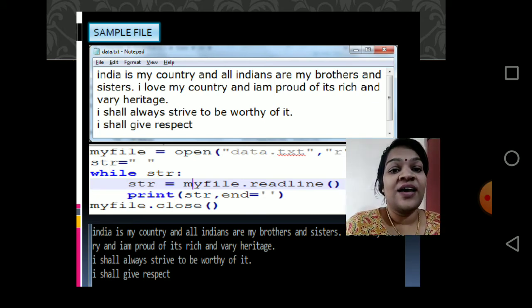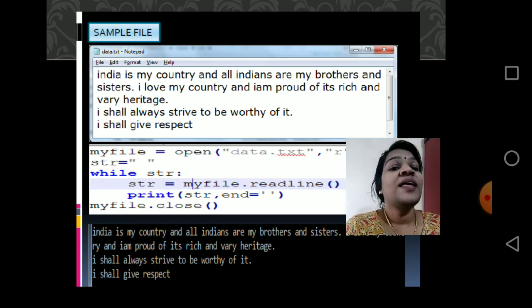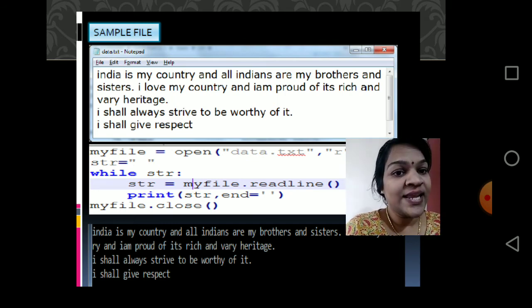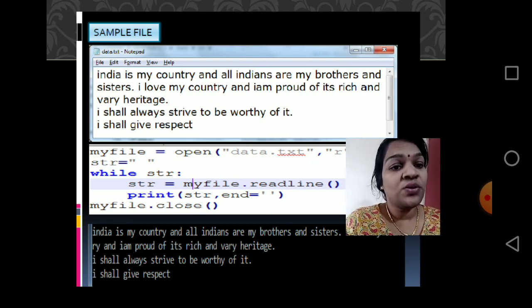Each time, if something is there in str, the process continues. Is that clear? Initially I make str an empty string, and then each time I call the readline function, one line is stored and printed.